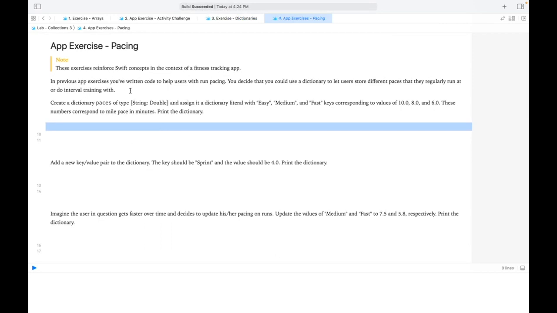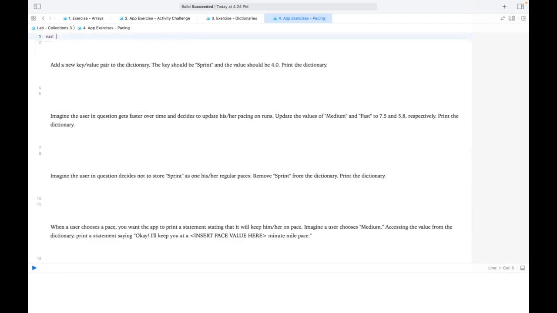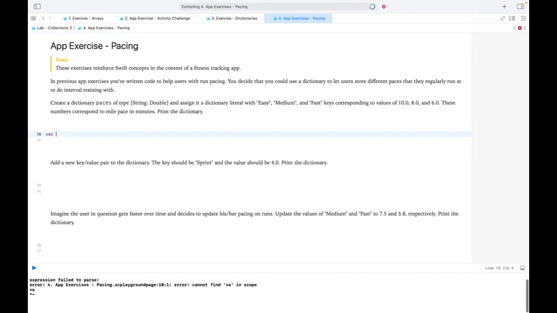In the previous app exercise, you wrote code to help users with run pacing. You decide that you could use a dictionary to let users store different paces that they regularly run at, or do interval training with. Create a dictionary paces of type string double, and assign it to a dictionary literal with easy, medium, and fast keys corresponding to values. Okay, and then these numbers must correspond to mile pace in minutes. Print the dictionary. So we do a dictionary of var paces of type string double,